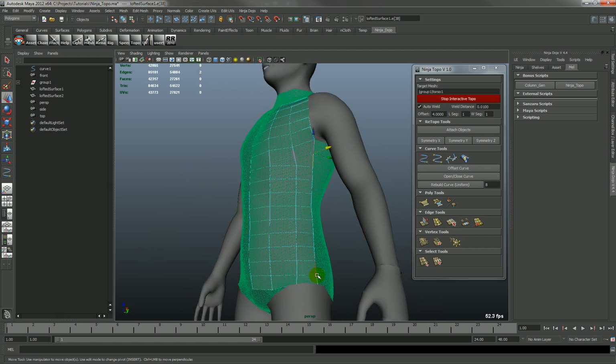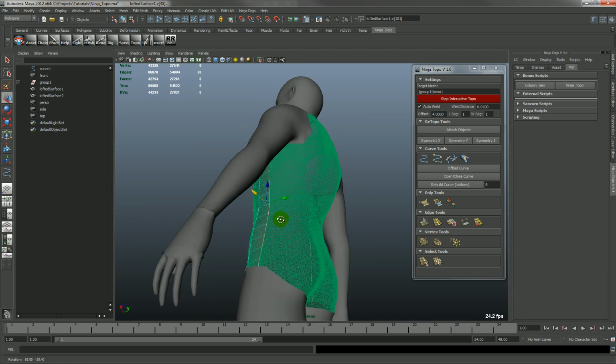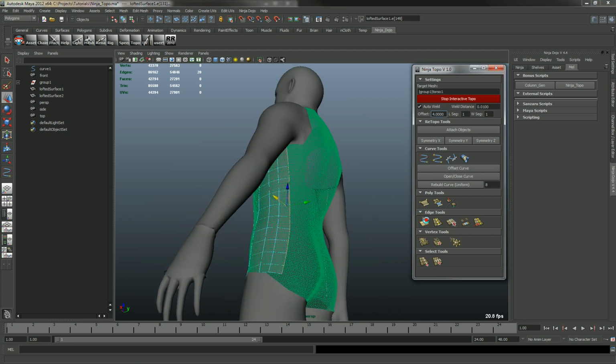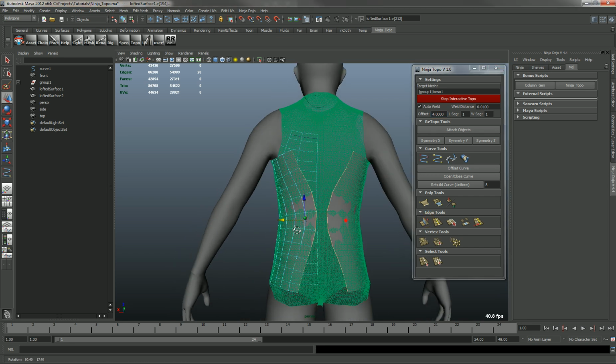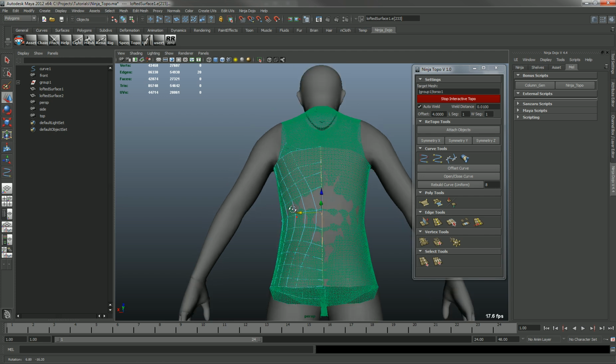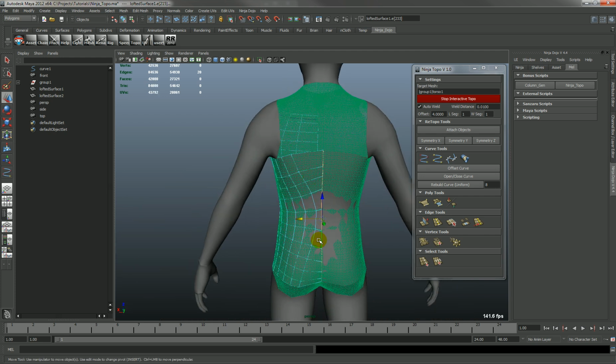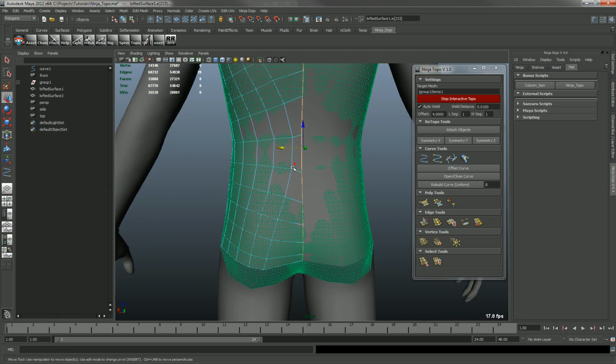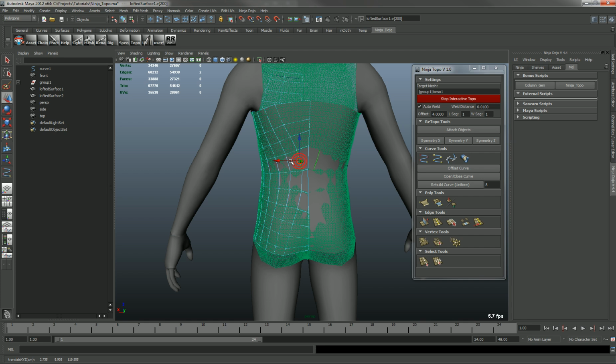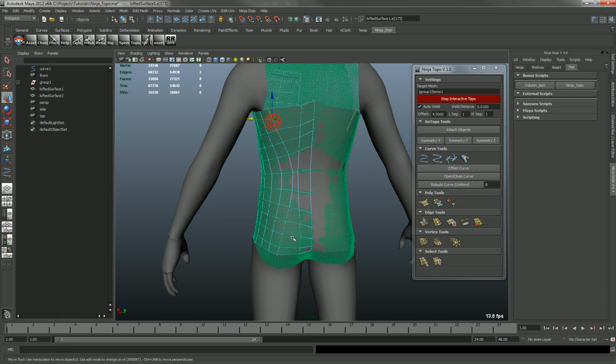Then we can select these edges and extrude those until we get to his back, and let's straighten those out. Alright, so now we have this odd curve that you might want to keep straight, so you can just edge loop that and straighten that out, and same with these edges,